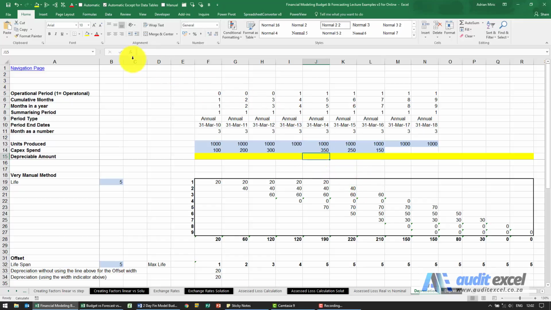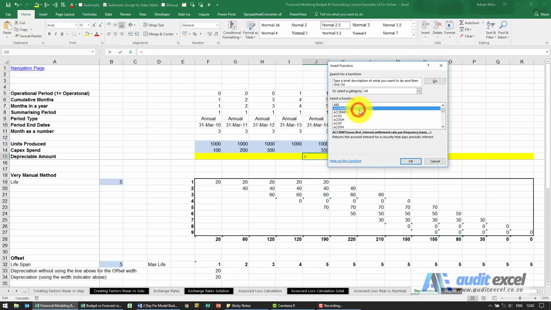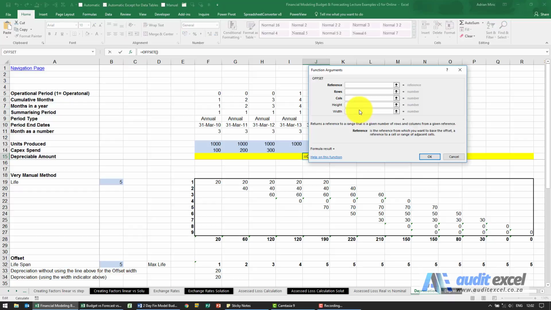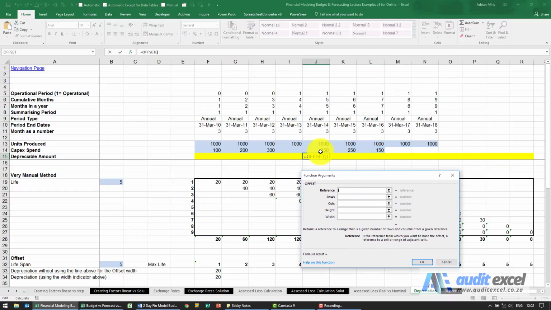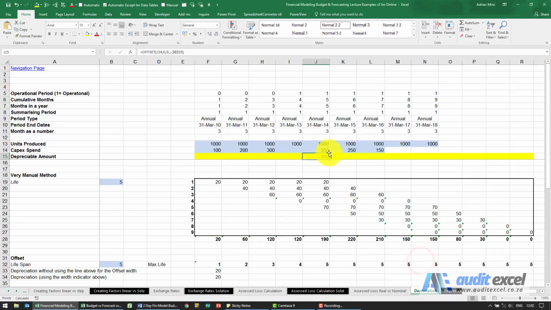So the way offset works, I'm going to go find offset. I'm going to tell it to look at that point, the reference point. In this case, rows and columns we don't mind. Height we're going to leave blank, or we could put a 1. Width now we're going to say is minus whatever's in that cell there. And put my dollar signs on. When we say OK, you'll see it gives us 350, which doesn't make sense because I'm expecting an answer of